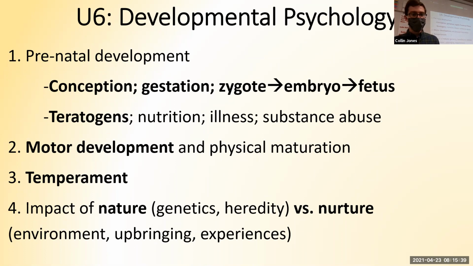Number 3 here, temperament. Baby's attitude towards the world, how emotional they are. That's a stable part of their personality that'll probably last over the course of their lives. If the baby has an easy temper, they'll probably be an easygoing teenager and adult. If they have an anxious, frustrated temper, they'll probably be like that as they get older as well. So temperament is long-lasting and stable.